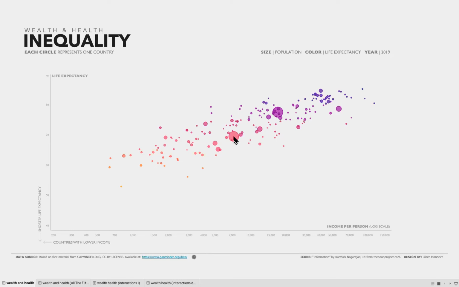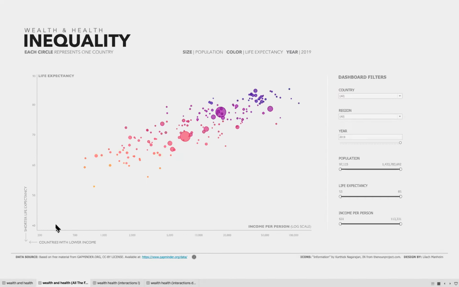So now it's time to, of course, add some filters. First dashboard, first iteration here, we have, of course, added all of the potential possible filters, as often is the case. And I put in a pretty common panel on the right that's like a filter panel, and pretty much any dimension and measure that is in the chart or even just in the data set, threw it on there.